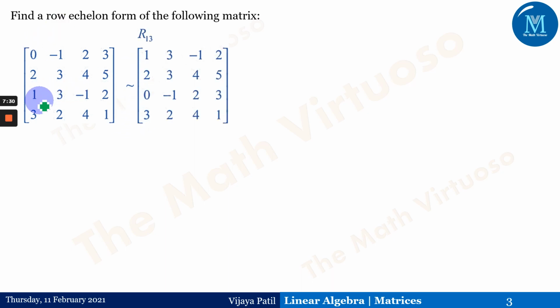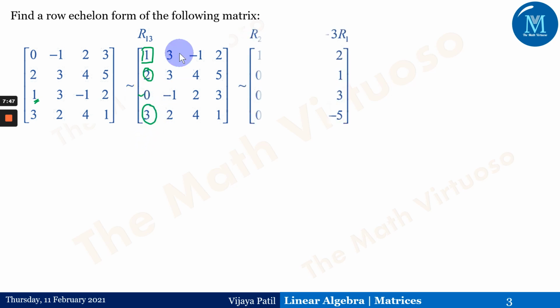If you observe here, I have got a 1 over here, so the first and the third rows would be exchanged. After exchanging the rows, I have got this leading one here. Since it is a leading one, I want to make the entries below it 0. This one is already 0. What would be the transformation? The transformation would go as R2 minus 2 times R1. Because of this 2 present here, I want this 2 to become 0. So the transformation would be R2 minus 2 times R1.